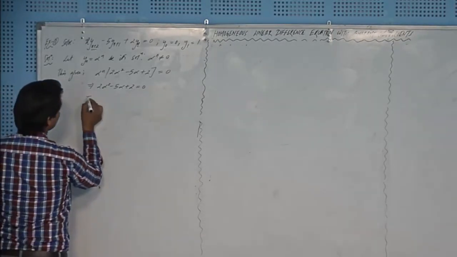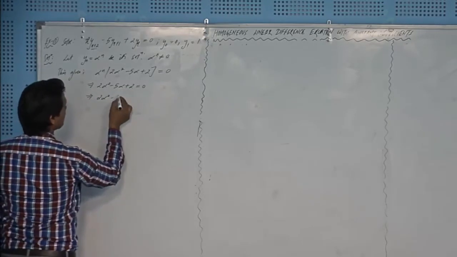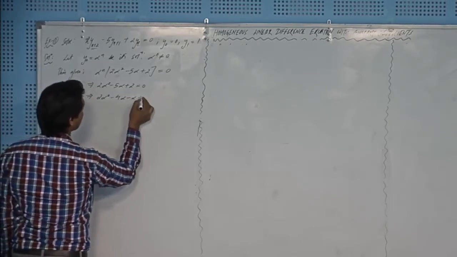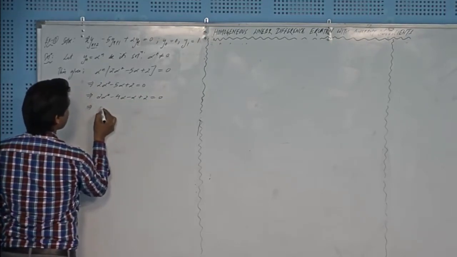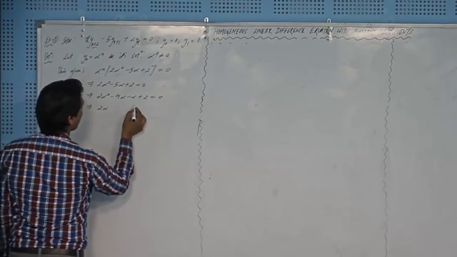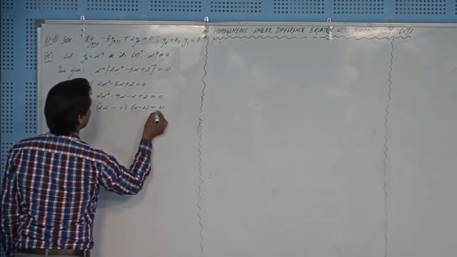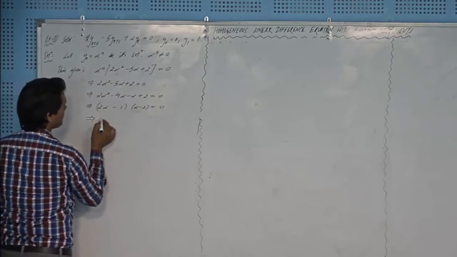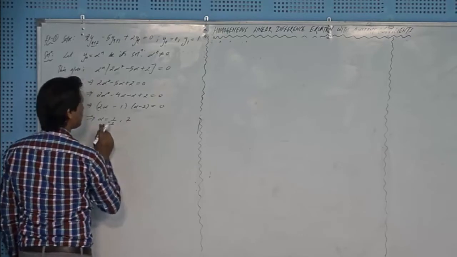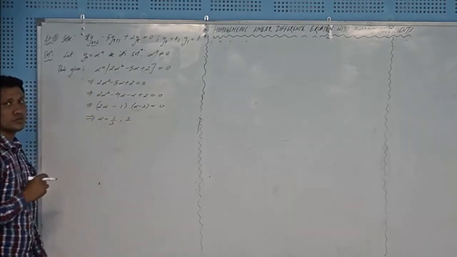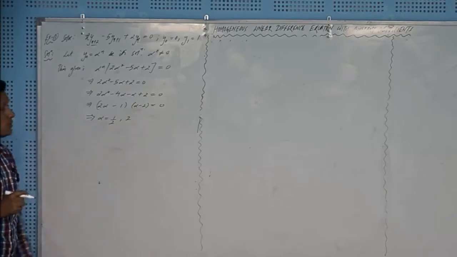On factorization it will give you 2 alpha square minus 4 alpha minus alpha plus 2 equal to 0, and that will produce 2 alpha taken common, alpha minus 2, and 2 alpha minus 1. These are the factors of this equation, and alpha equal to 1 by 2 and another will be 2. So you got two distinct roots, and if we get distinct roots, then we should use that formula obtained in